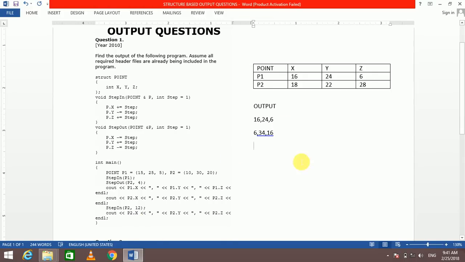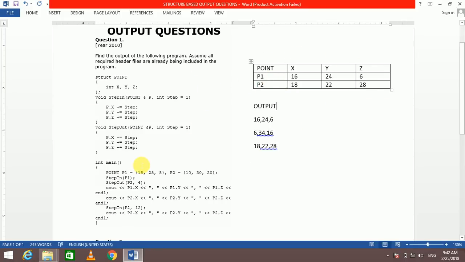Again p2.x, that is 18, comma p2.y, that is 22, comma p2.z, that is 28. So this will be our answer,